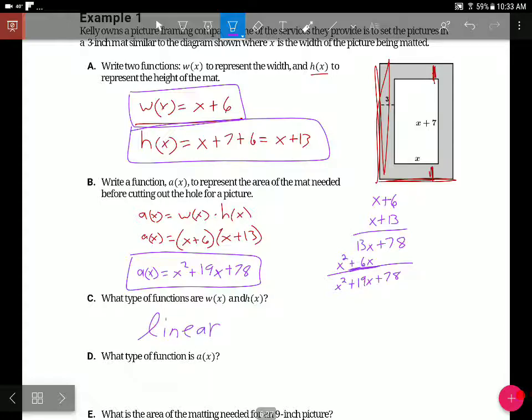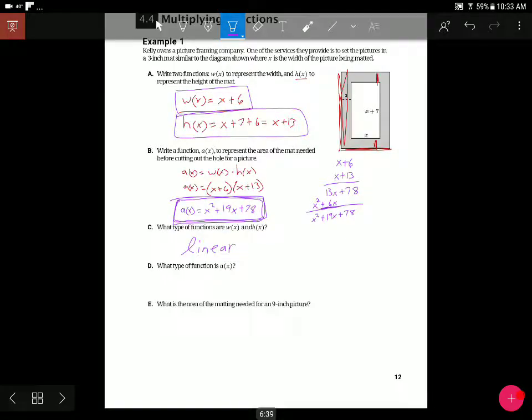Okay? Then it says what type of function is A of x? So after I multiplied those two linears together, the result was a what? A quadratic, an x squared. So these type of questions, which will show up on your homework,